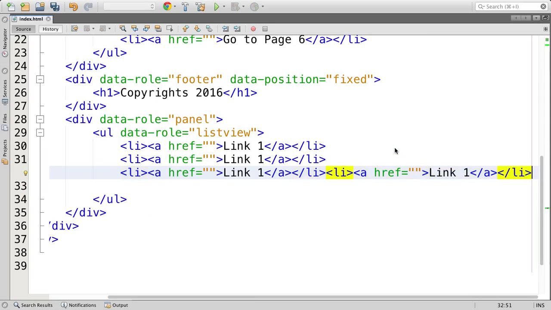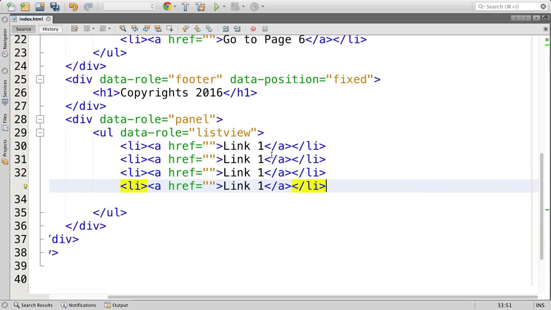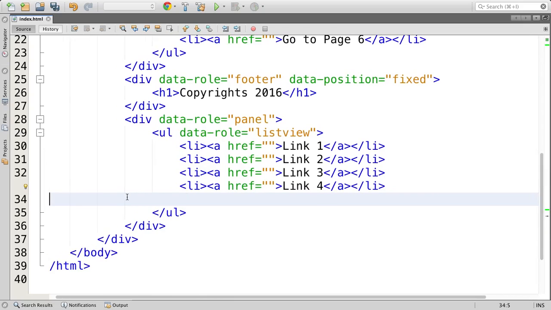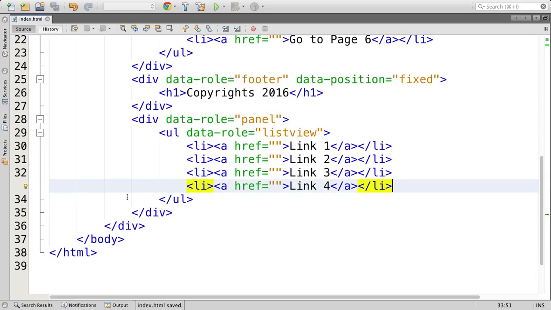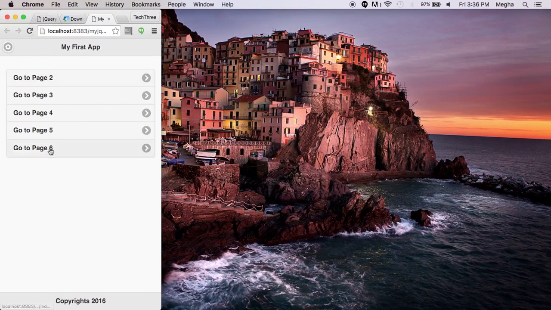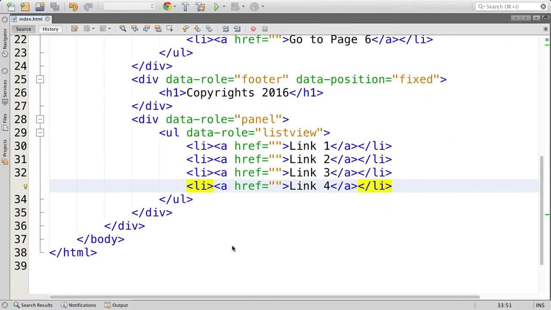Could be anything. I prefer to keep a list view. As soon as I define the panel, I'm really not going to see it, because the panel is a container that will only appear when certain conditions are met or you manually call it. The panel is usually an overlay that appears on top, so that is the nature it has. So I need to tell the panel,